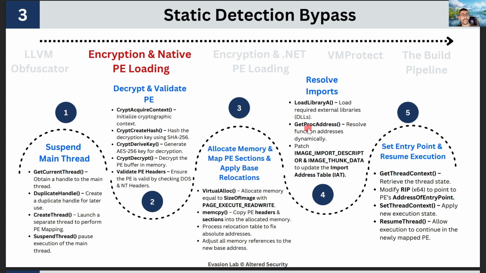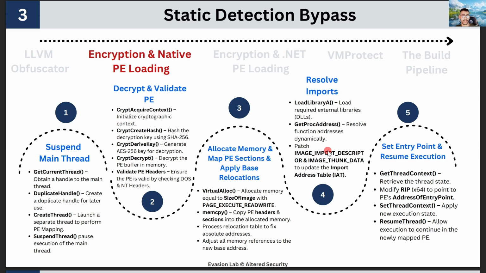Then we call GetProcAddress to resolve function addresses dynamically for those functions that the DLLs export. And we patch the IMAGE_IMPORT_DESCRIPTOR and IMAGE_THUNK_DATA structures to update the import address table with